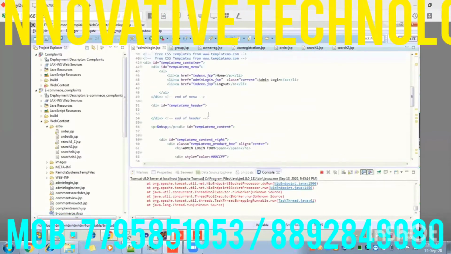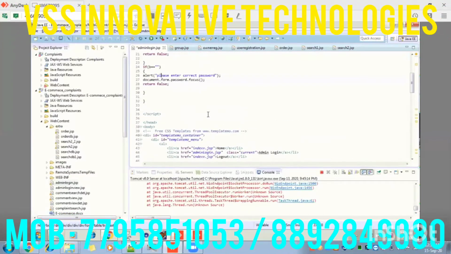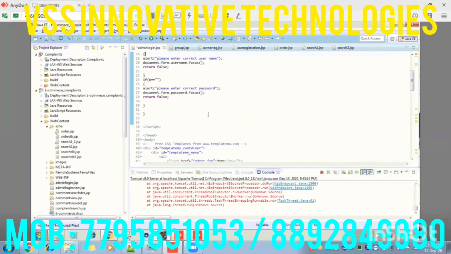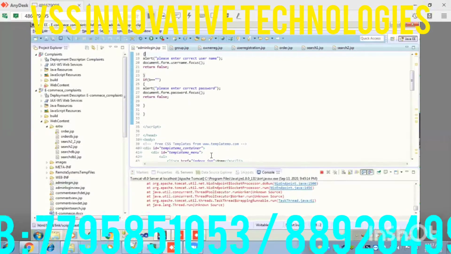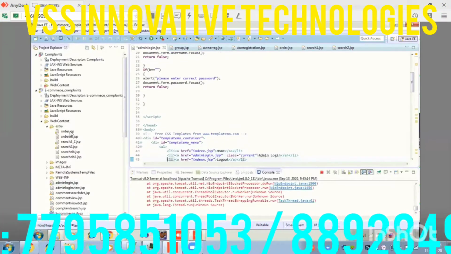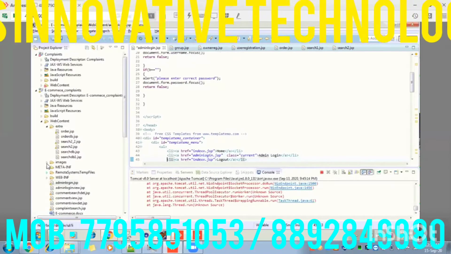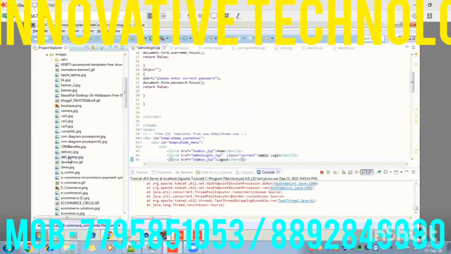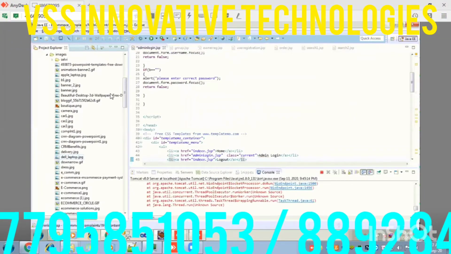It is coming as a heading. So if it is coming as a heading, what you can do is wherever that image is, you have to create one image and upload it under the images folder on the left side. For example, now I have created an image. For example, that image name is online complaints.